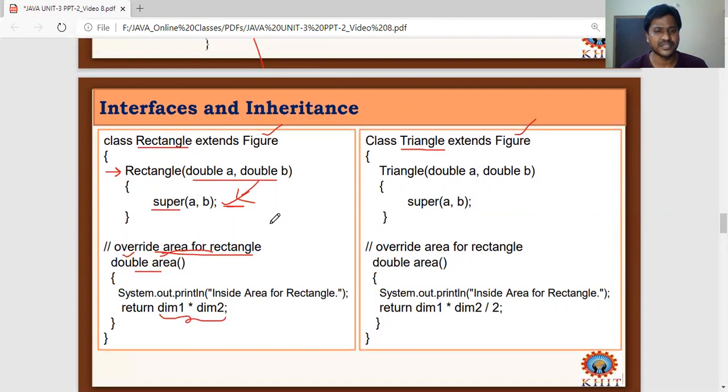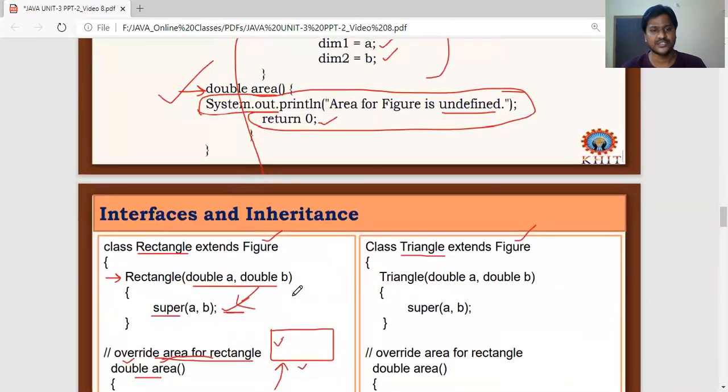That means generally we have a rectangle. How do we calculate the area of a rectangle? It takes height and width, or depth. This side and this side, multiplying the length of this one and the length of this dimension. Both the dimensions are multiplied, so automatically we can achieve the area of a rectangle. So this we call here in the superclass.